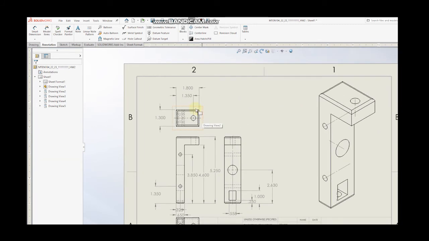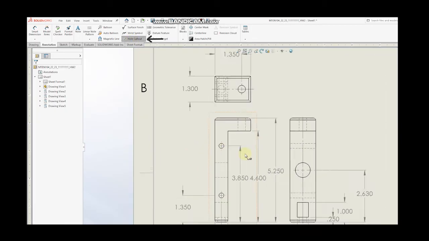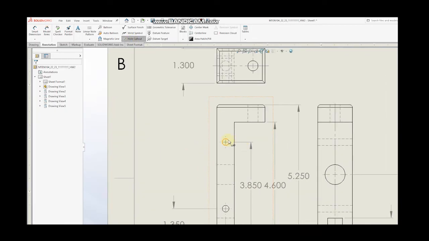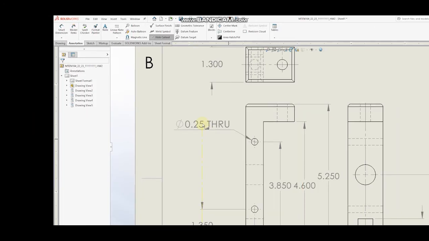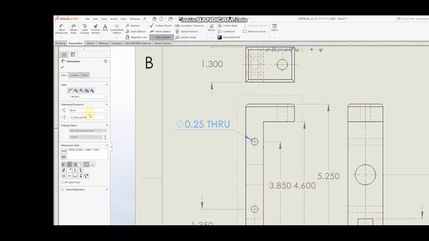Now that we've done this, on the annotation, we select hole callout. We go to our front view, we put the cursor on the first circle, it should turn orange, and we drag out. We will get an automatic dimension of 0.25, and it should say 3. We click on it,